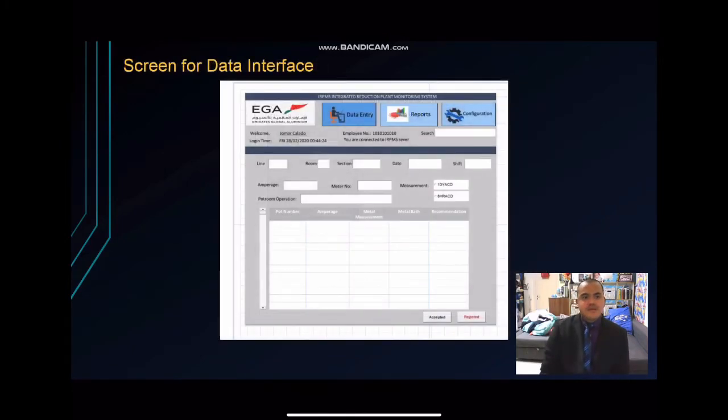and the screen for data interface. Here you can see whatever data you want to enter. The reports: you can see here the reports, your name, employee number, which line you are working, which room, which section you are working, which date, which shift, what is the amperage of the line, what tools you use, what meter tools you use, the measurement you have got, the pattern operation you are functioning,